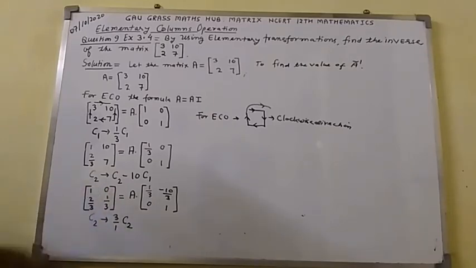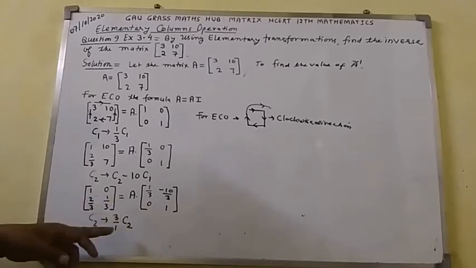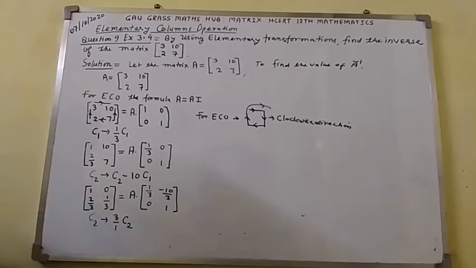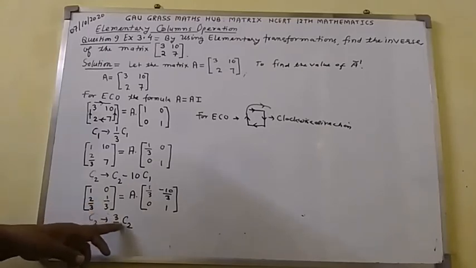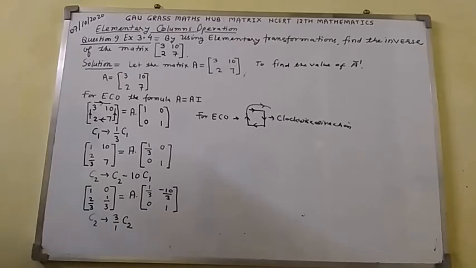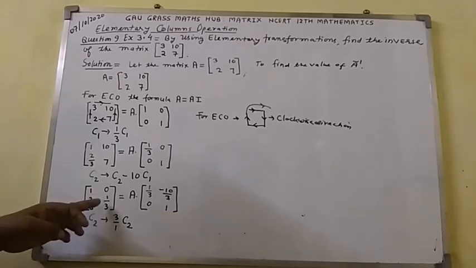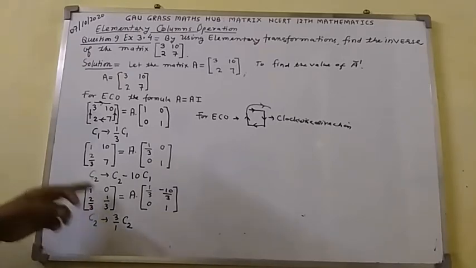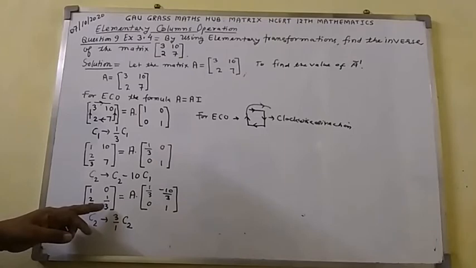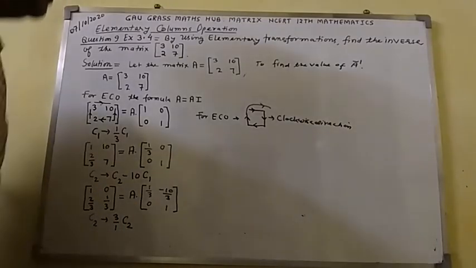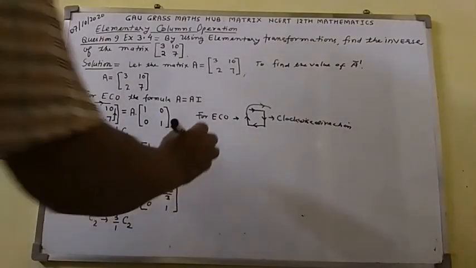So here 0 is there. For 0, the value of C2 will be 0, so it comes out to 0 in place. And in this place 1 over 3, so 3 into 1 over 3 comes out to 1 here. So here the principal diagonal element will be 1. This whole matrix is going to be an identity matrix. The elements of the principal diagonal must get 1. So here I am going to write and explain further.